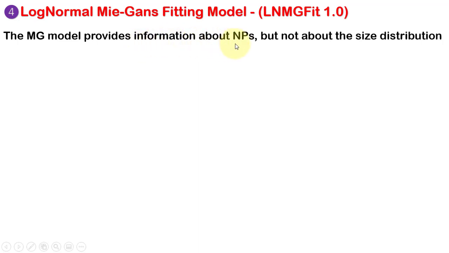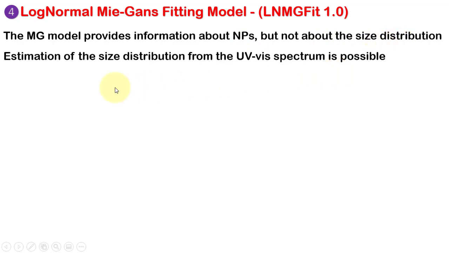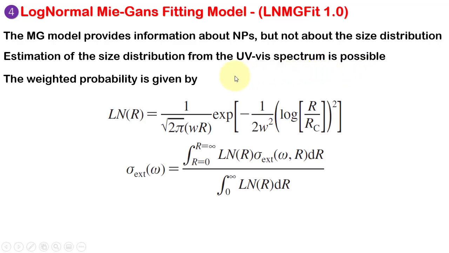Log normal Mie Gans fitting model. The Mie Gans model provides information about nanoparticles, but it does not provide data about the size distribution. In principle, estimation of the size distribution of a given monodispersed nanoparticle solution from its UV-Vis spectrum is possible. In this log normal Mie Gans fitting model, sigma is weighted by the probability given by the log normal distribution according to the following expression,